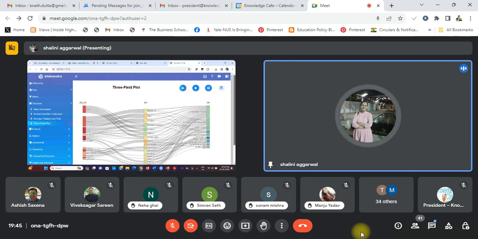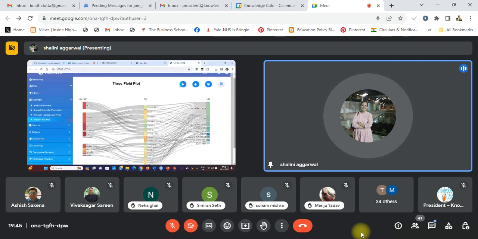Look at this. What it is showing, this is the three field plot graph. So my suggestion to all of you is, go for this graph as well when you are writing your paper. So what are the three fields that we have used? First is the author's country. You can see Brazil, Poland, Spain, Romania. These are the main countries. These are the names of the authors, and these are the keywords,